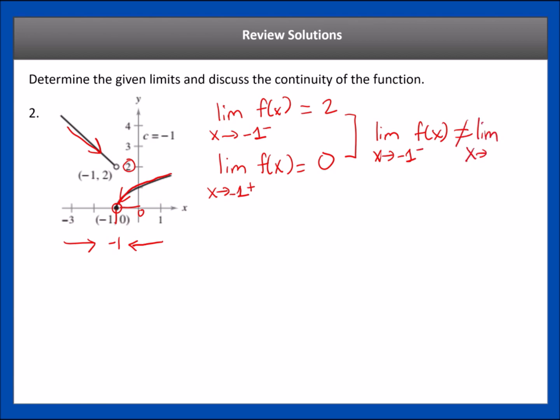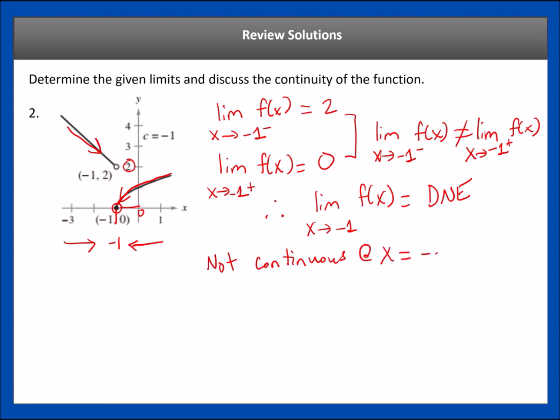This is from the left, this is from the right. Therefore, the limit does not exist. If they don't agree, the limit doesn't exist, and automatically it's disqualified. So it's not continuous